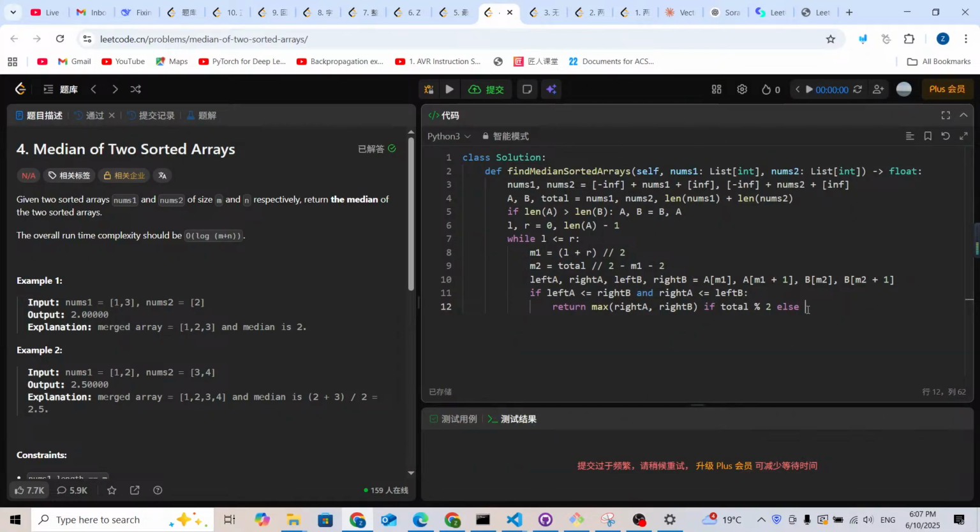So else, it's going to be the maximum from the left side, left A and left B, plus the minimum of the right A and right B, and divided by 2. And if left A is more than right B,